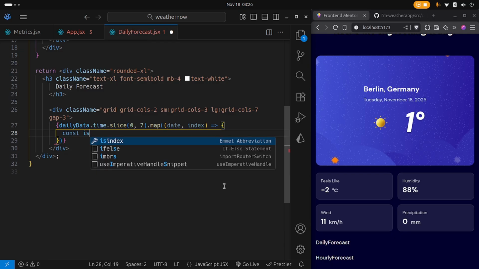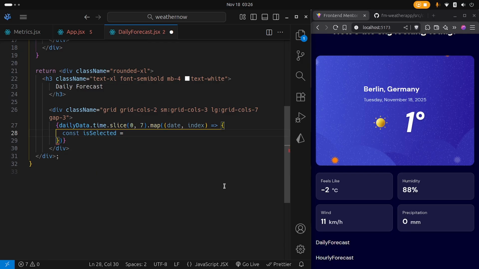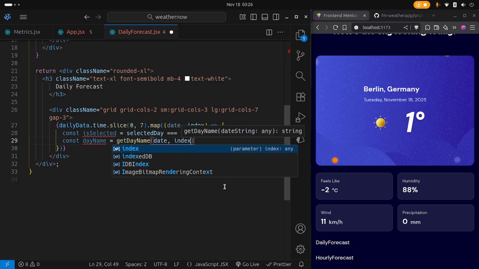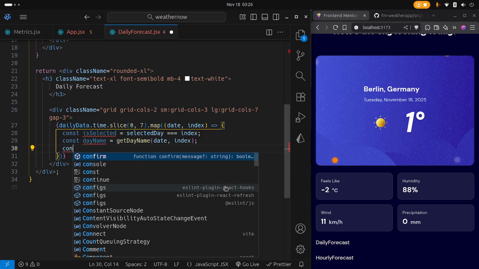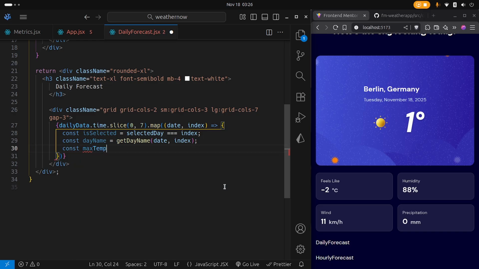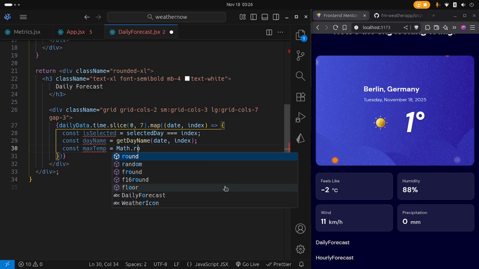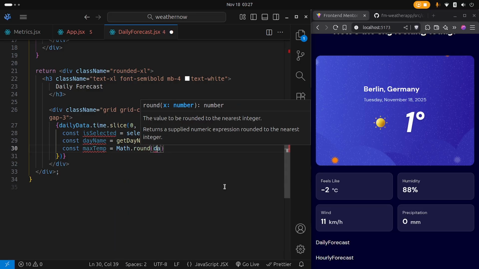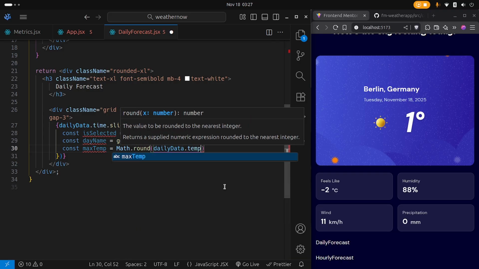So const isSelected is equal to check for the selected day and then check whether it is equal to the index of the day that we click on. And then const dayName is equal to getDayName, which is our utility, and then pass in the date and then the index, and then const maxTemp, which we're going to be displaying somewhere, and this is going to be equal to Math.round, and then pass in daily data dot temperature